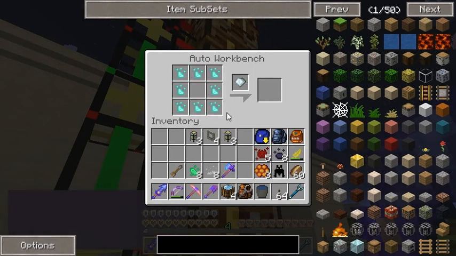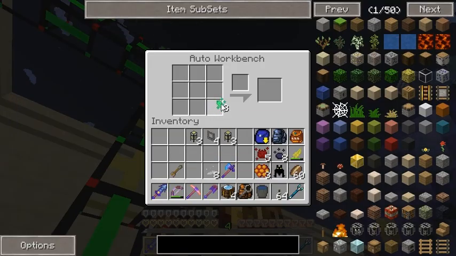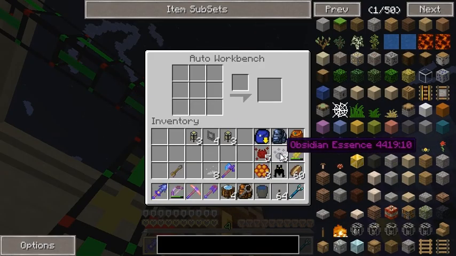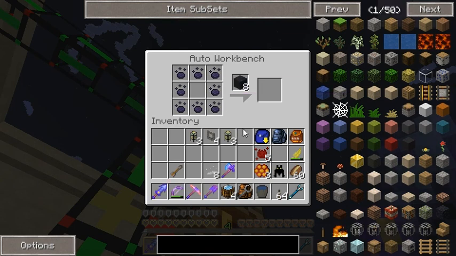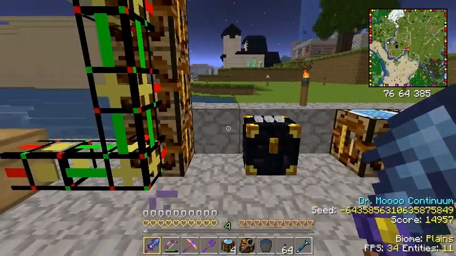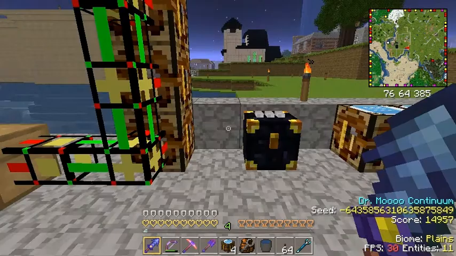That makes gold ore, perfect. Diamond, that'll make diamonds, nice. Emerald, that'll make emeralds, perfect. And obsidian, that'll make obsidian. Okay, cool. So then,